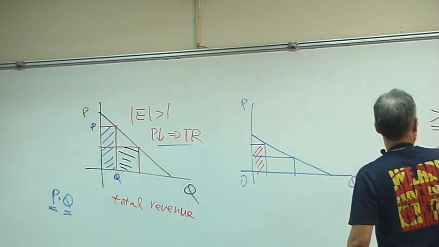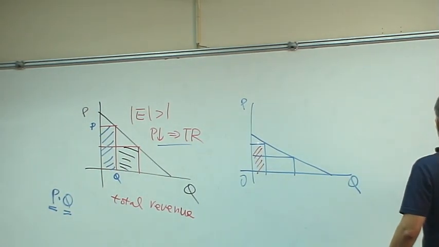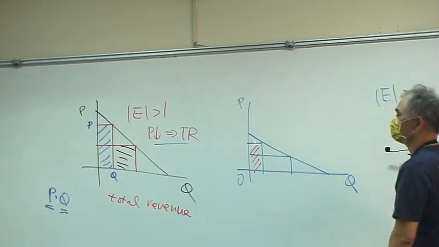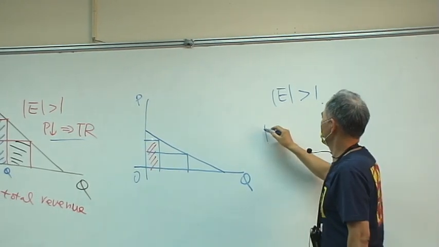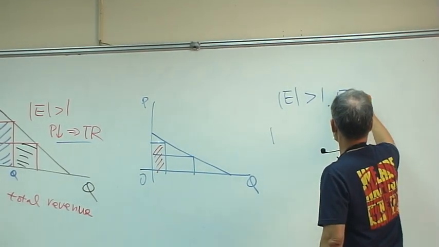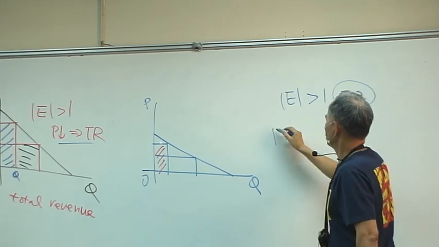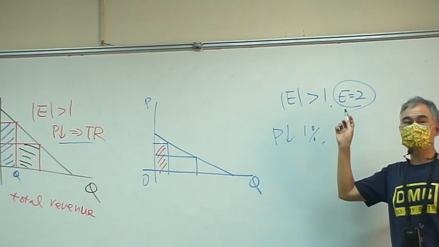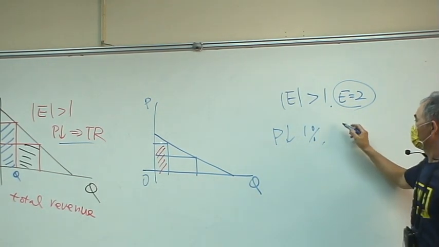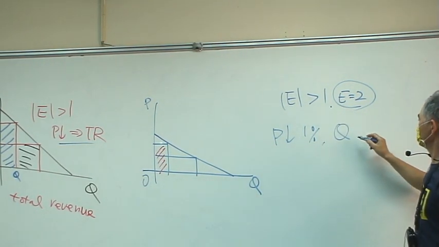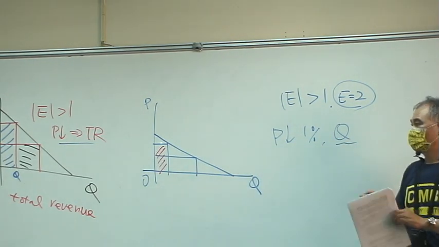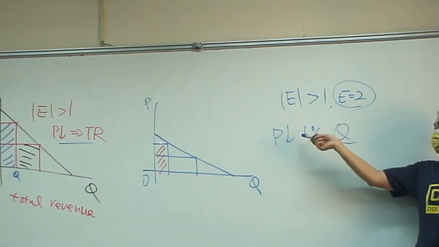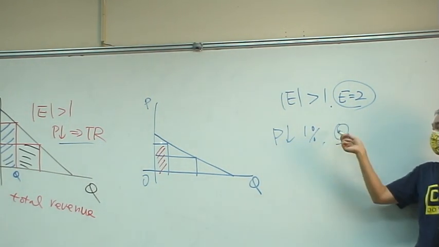Because we say the elasticity is greater than 1, right? So let us say price goes down. So let us say elasticity is equal to 2. If price goes down by 1%, according to this formula, how much will be the change in quantity? We say the elasticity is equal to 1, right? And now price goes down by 1%. What happened to